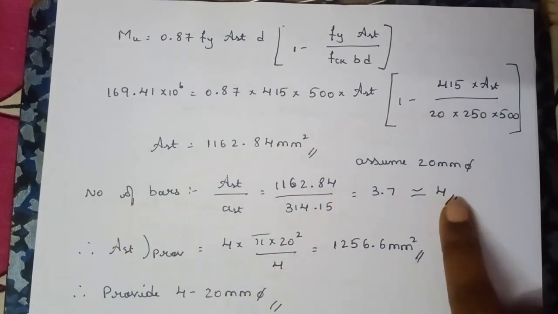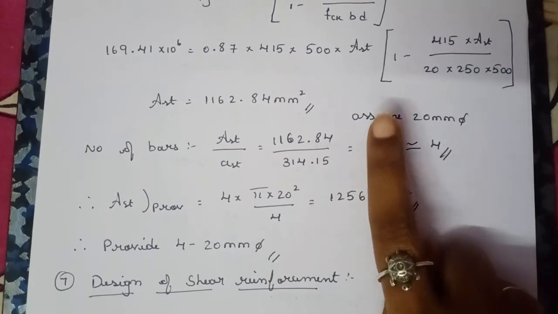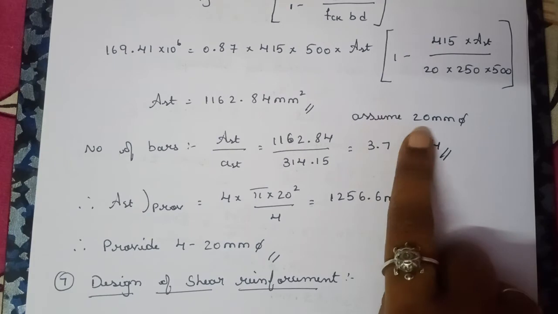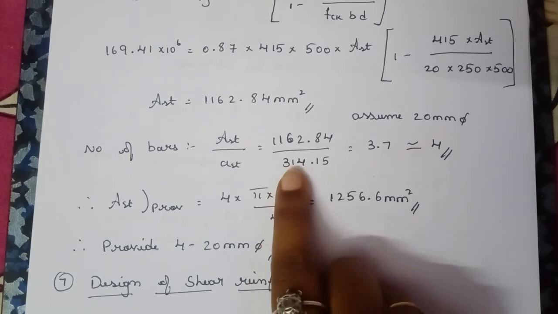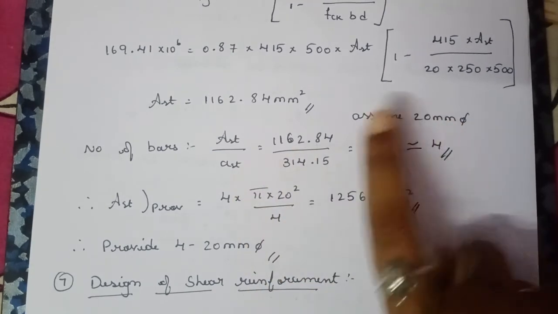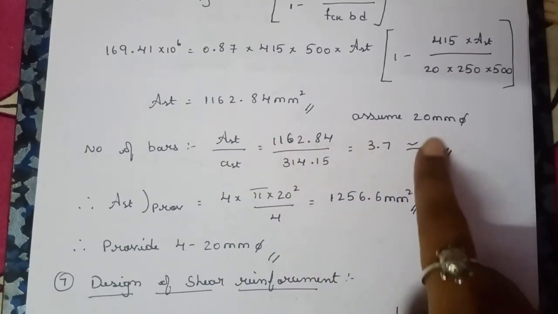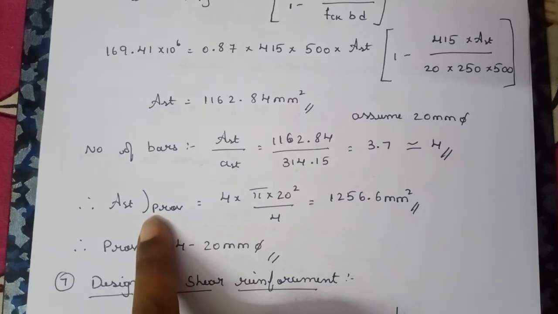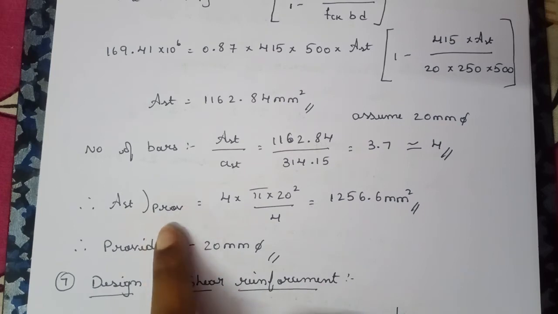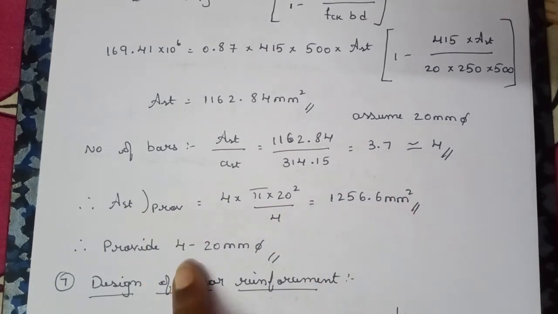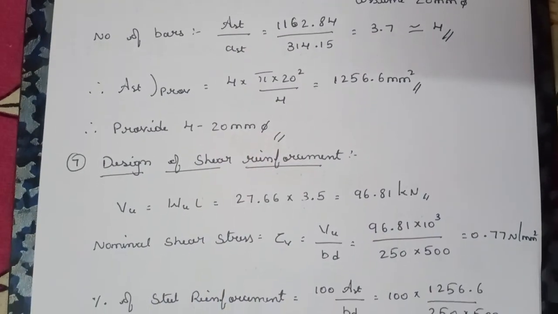So now we'll find out the number of bars. Because we are designing the beams, we need to calculate the number of bars as a main reinforcement. Here we need to assume the diameter depending upon the AST. So I have assumed 20 mm diameter. We need to calculate the area of 1 bar. That is small AST, and capital AST is this one. Nearer to this we got 4 number of bars. As we have rounded off this value, area will increase, right? So we will have to calculate the area provided, and you will get this. So we need to give a conclusion as 4 bars of 20 mm diameter.